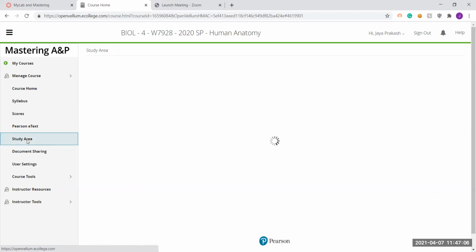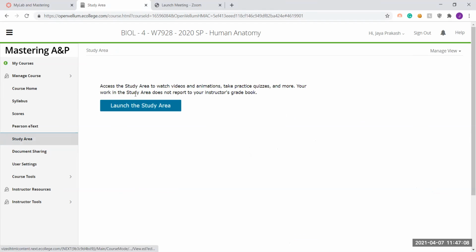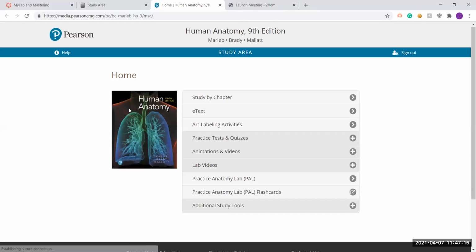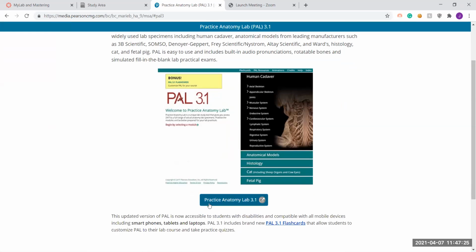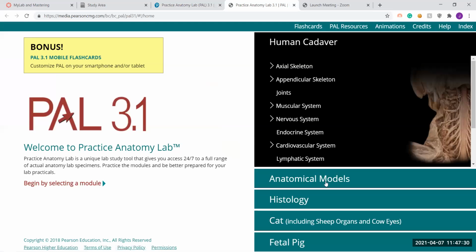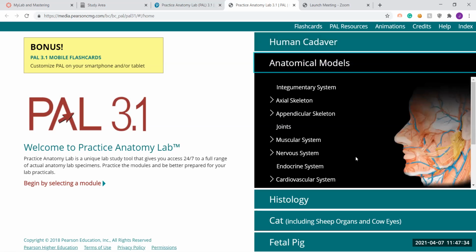So let's go to study area, launch the study area, and then we will go over practice anatomy lab. Then we will select practice anatomy lab, anatomical model,